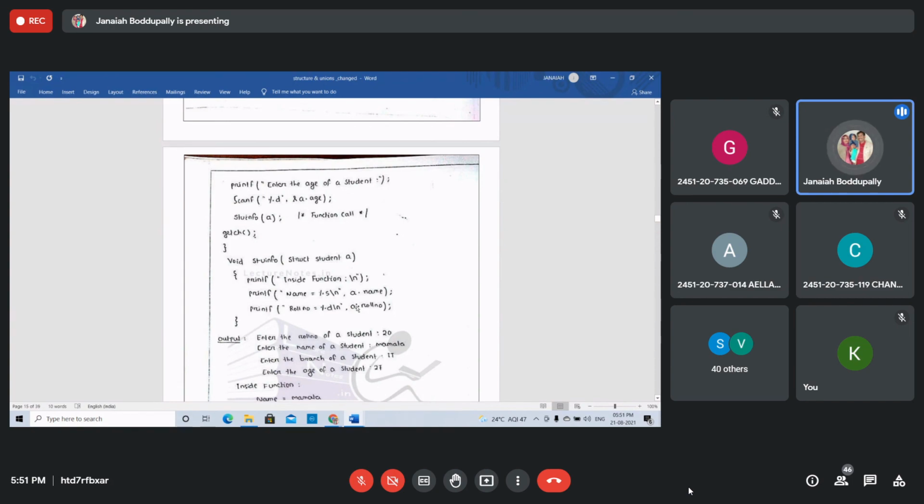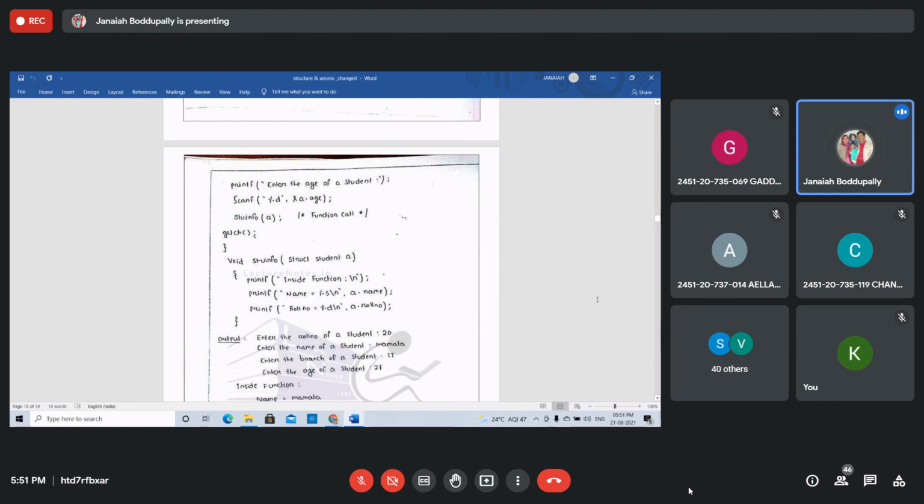The declaration of the structure comes first, then within the main function, declare the function variable, then the function prototype. Whenever you are passing the entire structure, you pass the structure student as the argument in the function prototype. Do you understand?